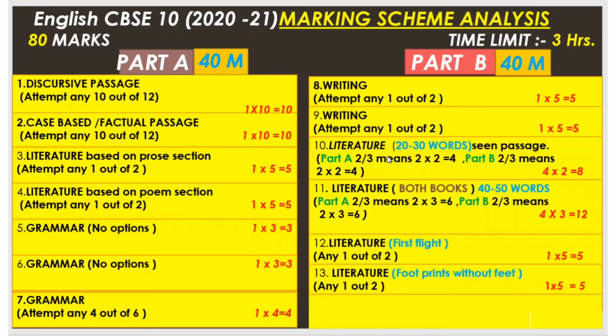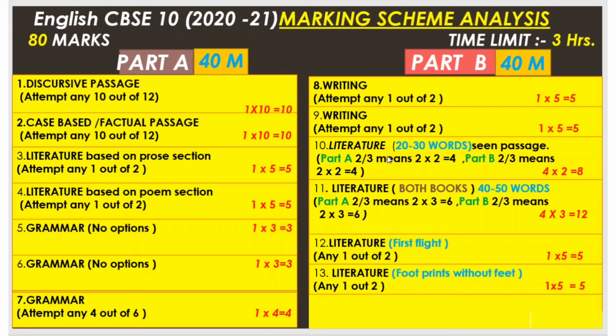The clues are that you can see some words like "I suggest" or "I think that." So these are the writer's opinion. Whereas in a fact-based question, you will get some numbers, figures, evidences, or events. Now in question 2, you will have a case-based question or factual passages. 10 questions you have to attempt from 12. Again, they are 1 mark questions, and here you are getting 10 marks in question number 2.